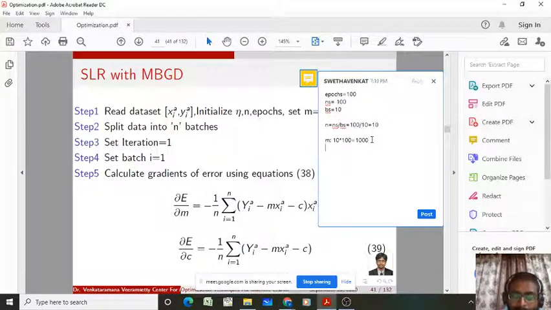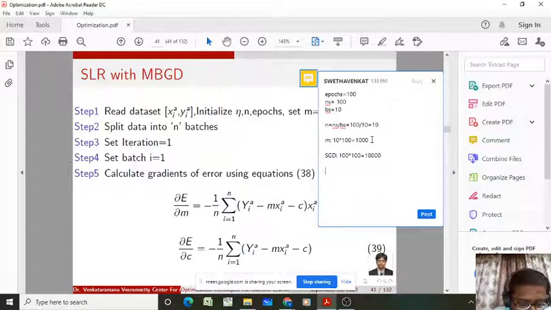Suppose the same problem I am asking for the stochastic gradient descent optimization method, then the model parameter m will be updated for each sample. So it will be 100 samples, 100 times into 100 iterations. That's equal to 10,000.